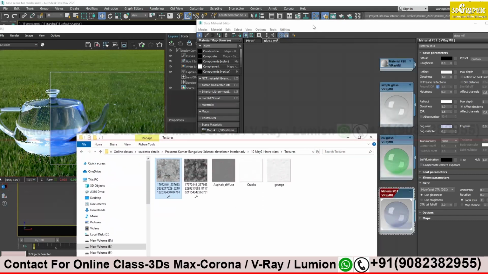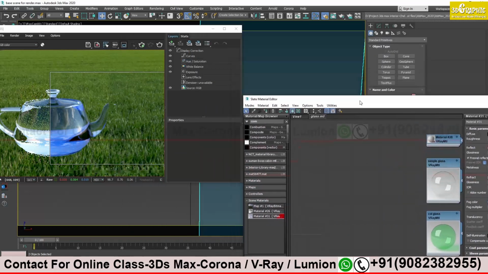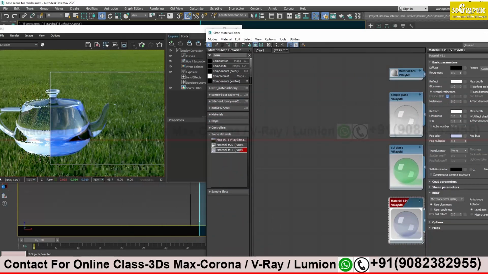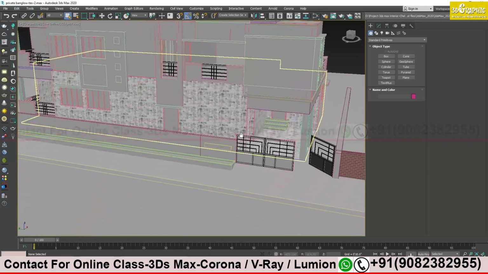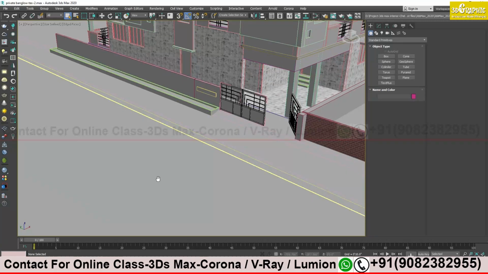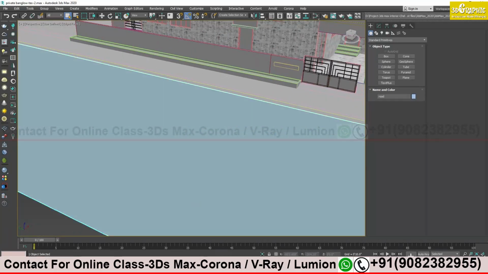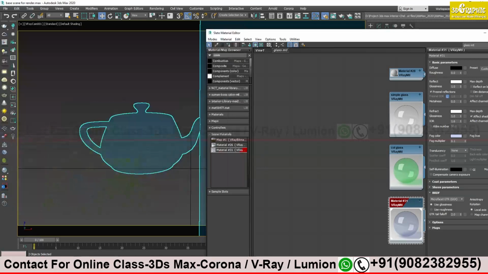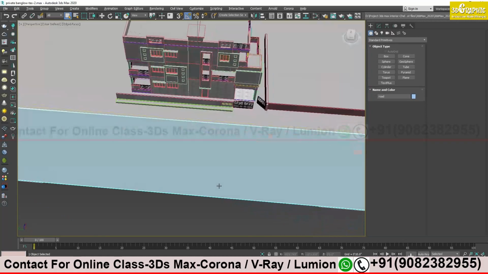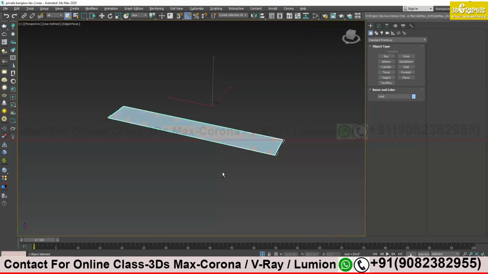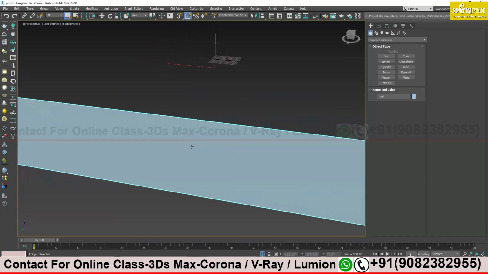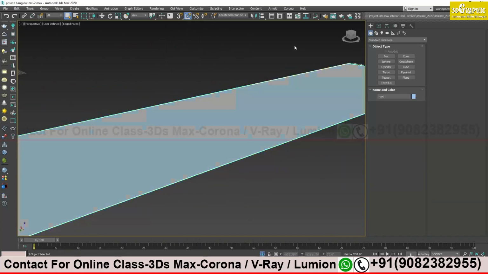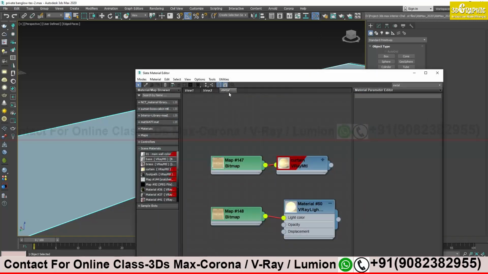We can do this on our main scene because it's not a material, it's just a texture, so you can see it here itself. Otherwise we will try to do it here. We'll try to make it on our main scene. I will isolate this so that we can focus only on the road portion. This is going to be our road. I will start my material editor, take a new slot, and name it road.